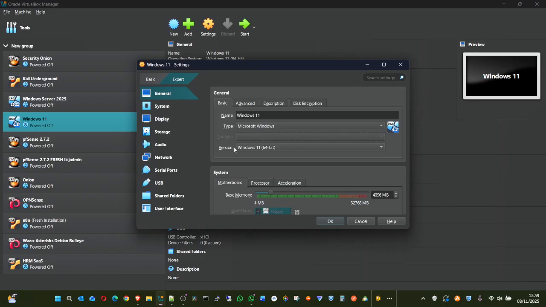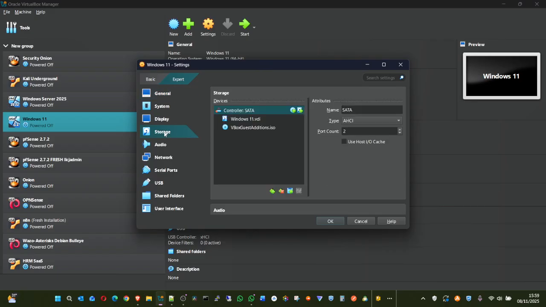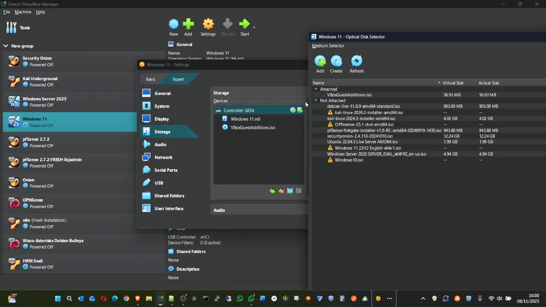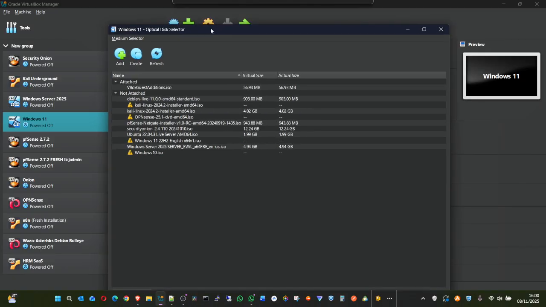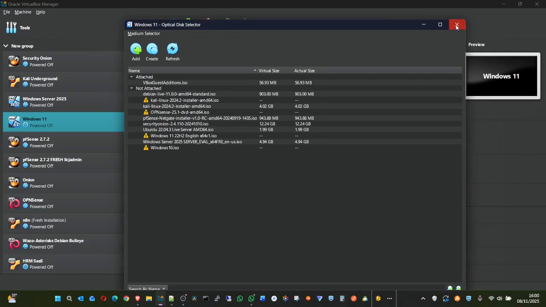So for mounting the ISO, you click on storage, and then you click on this one right here, and you click on add. You want to add an optical drive. You can see the logo, optical drive. You click on it. Now go and look for where the ISO for Windows 11 is.